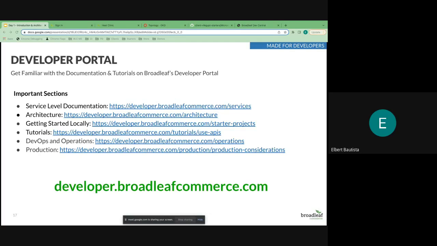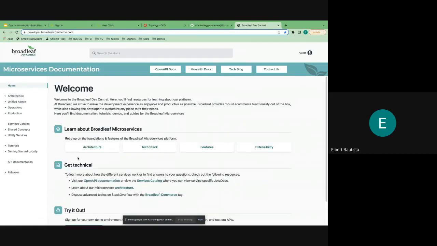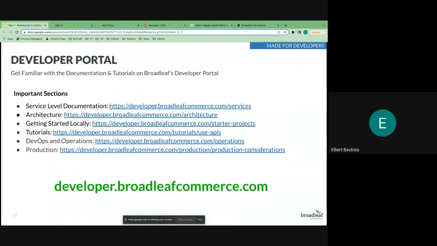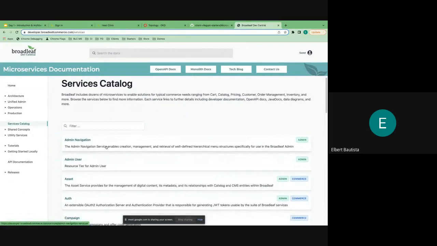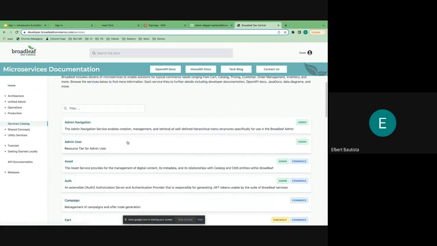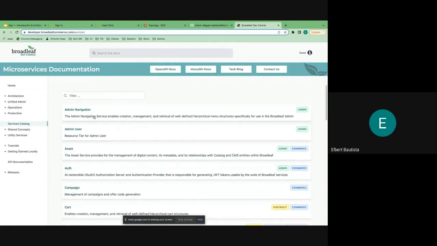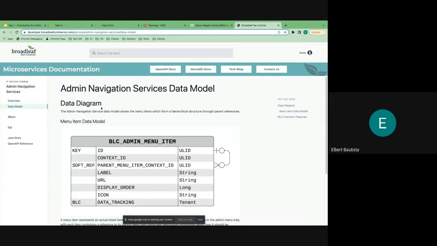So secondly, as a developer, there are these key resources that you should be aware of. One is what I just showed you earlier, this developer portal. I want you to really make sure that you're aware of the sections here. The first one in particular is, let's go back here, the services level documentation. If I click on this services catalog section, this basically has all of the backend Commerce Core microservices in a list that you can click into, and it can tell you, out of the service layer, the functionality